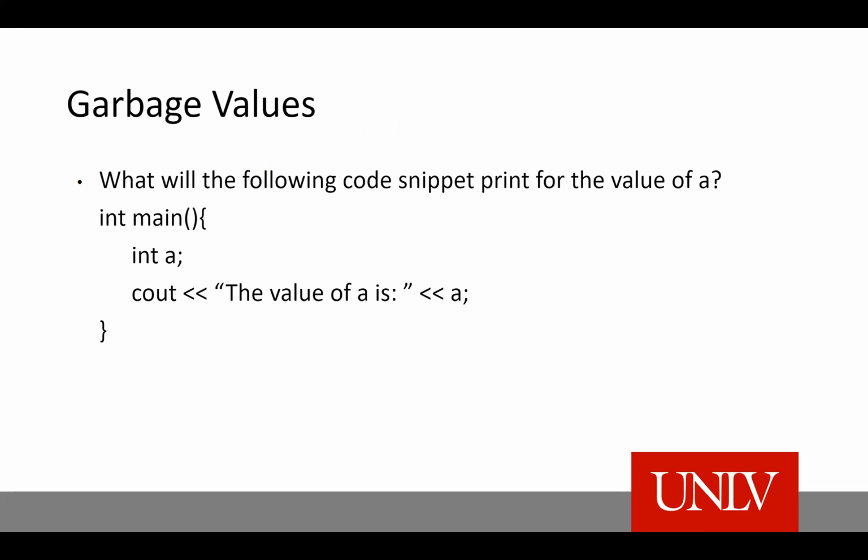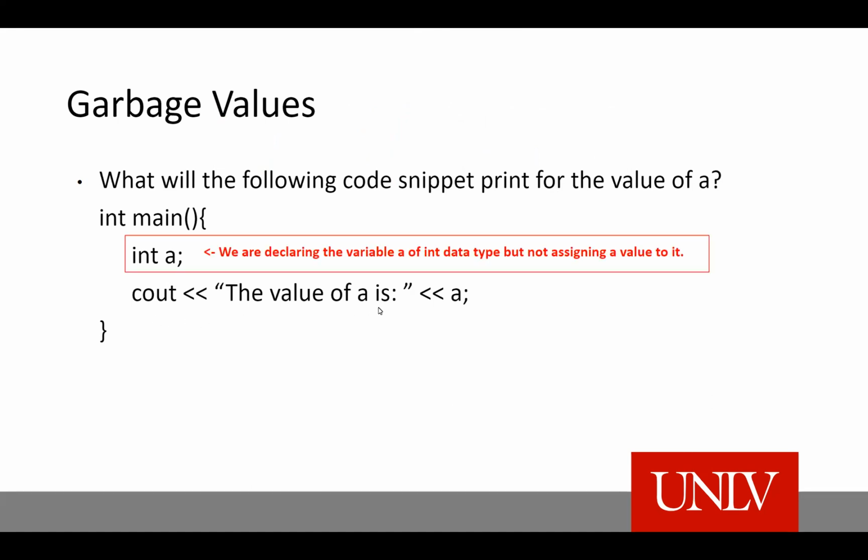What if I'm creating a variable of integer type, and I'm calling this variable a. And what if I'm trying to print its value? Remember, I just declared it, but I'm not giving it any value. Now, is this legal in C++? Can I simply declare a variable and do a cout? Yes, I can do that. As long as a variable is declared and I'm referring to it in my program, that's totally fine. It doesn't depend upon whether I'm assigning a value to it or not.